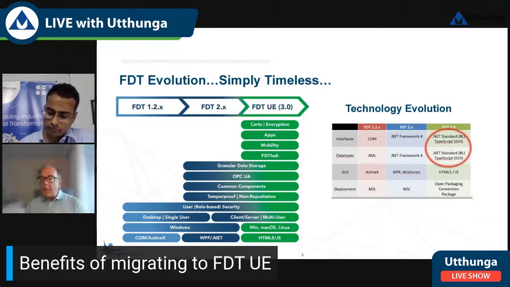I think one of the bigger things is that we've created this thing called an FDT hub. This takes care of some of the issues that users talk to us about: maintaining a central repository to get data around the different types of devices they've got in their facility. Typically, that's been difficult, in that they had to go to different websites to find the parameters and the details around a device. Now with the FDT hub, which is standard in FDT3 and in the unified environment, it's in one place.